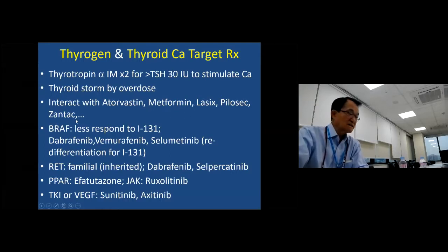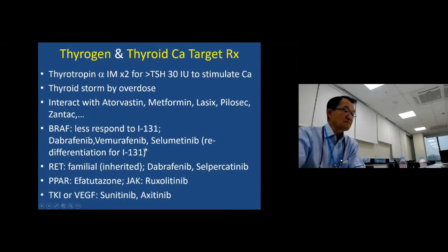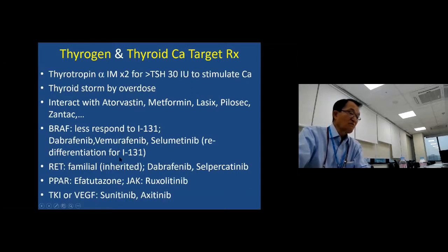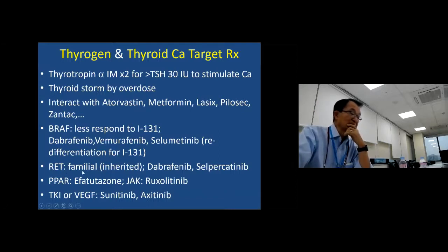xanthine acid, gastritis. Now, if there's a BRAF gene in the thyroid cancer, it is supposed to have less effect with iodine 131 therapy. So we use this kind of dabrafenib, selumetinib to redifferentiate it, and that would be good for iodine 131 therapy. So I'll mention again later, redifferentiation. If there's a RET gene, often familial type inherited thyroid cancer, and a drug to block the RET gene,